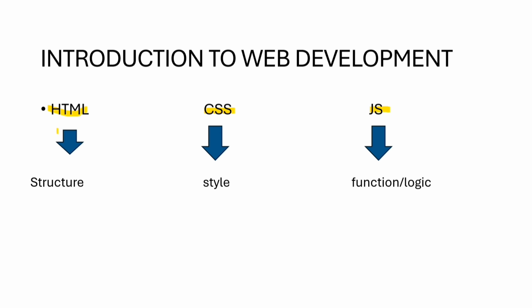HTML gives the basic structure to our web page. And Cascading Style Sheets will give the colorful images, videos, and all the designing part. And JavaScript works behind the code, how to get the logic and how to implement it. That work is all done with JavaScript. For today's concept, we will learn about HTML, and in further classes, we will learn CSS and JavaScript in depth. So let's know about what is HTML.